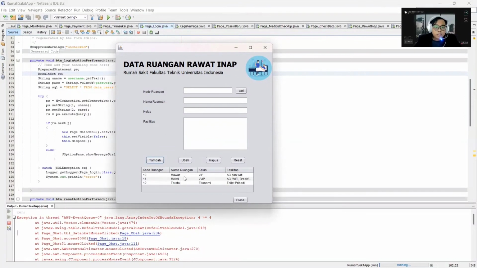And for the change, it's the same, yeah, same like before. We just click this data in the table, and the data will appear in the text field, and we go to change this data, and we just click again in button ubah, and it will be changed in our database, and we just click close.